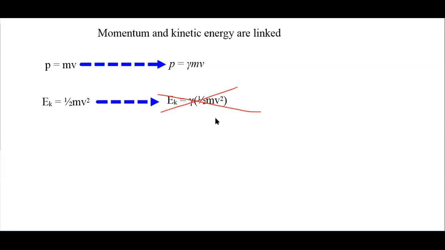I believe I have a dumbed down version of it online. If you want to look at it, it's in the notes that I provided online. But the point was, it's not just a matter of tacking on the gamma factor for your kinetic energy. So what we'll do instead is I'll just talk about how as you approach the speed of light,